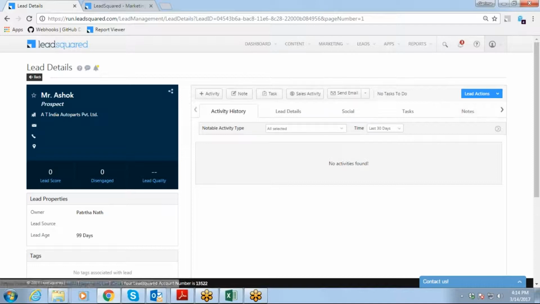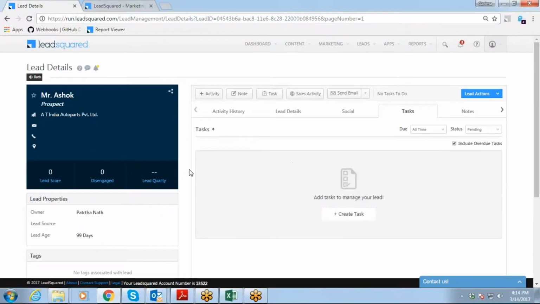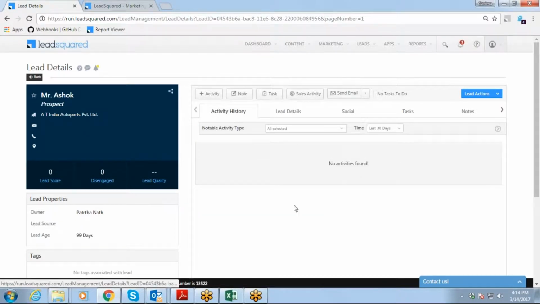Here is where you can view all these things. So this task will add a new task to your lead and this will show you how many tasks were there on this lead, right? So what will happen here is you will be able to see all those tasks which are there and there will be a checkbox like this appearing there. So whenever you have done that task with the lead, you just check in there and mark this as complete. Whenever the task is completed, it will be shown in activity history.